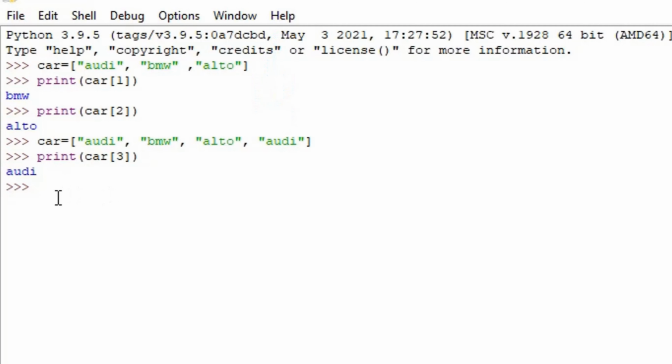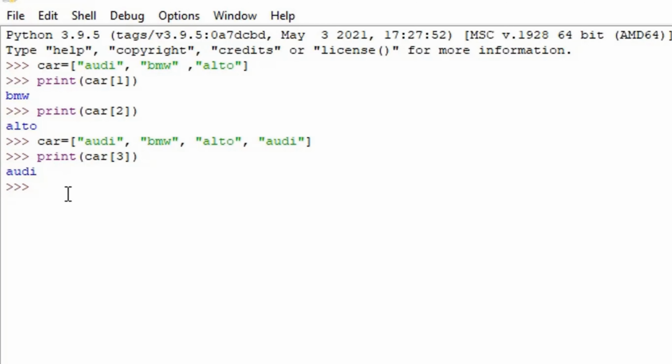It can be understood by the real-life example that if my name is Priyanshu and my house number is 21A, and someone else's name is also Priyanshu but his house number is 21C, we both have the same name, but how are we unique? We are unique because we have different house numbers. In the same manner, these two Audis are different. So by now I am confident that a list is called an ordered, heterogeneous, and indexed sequence data type in Python.